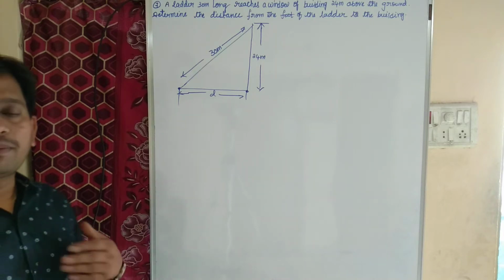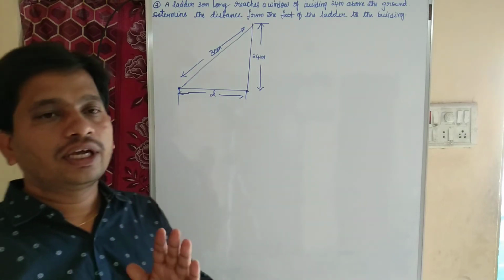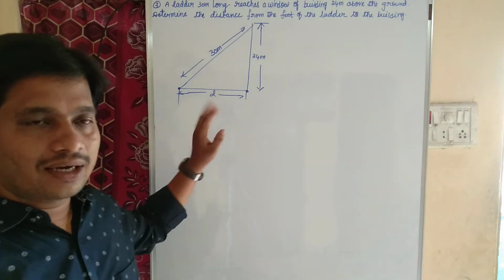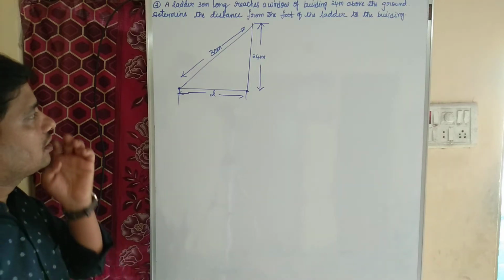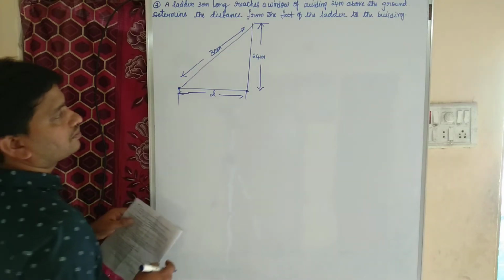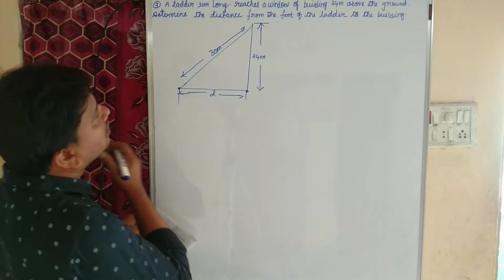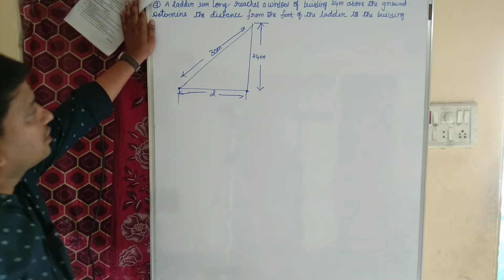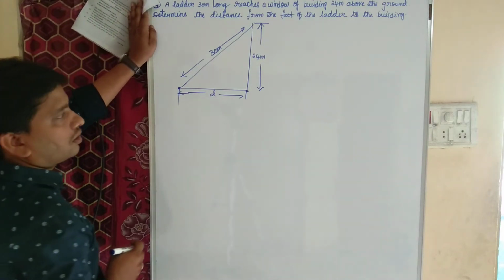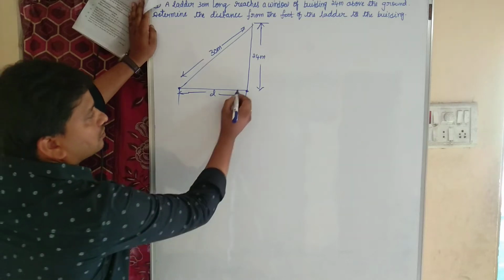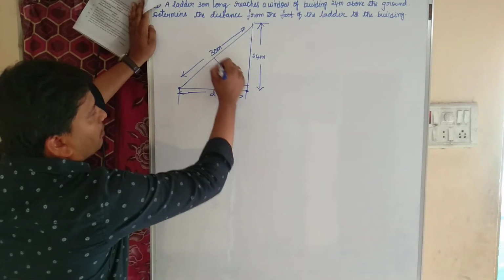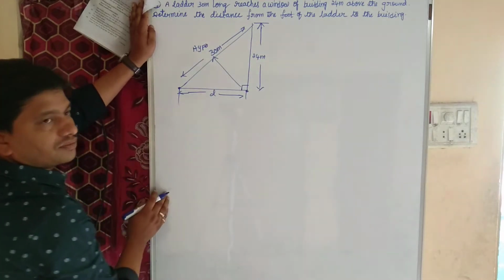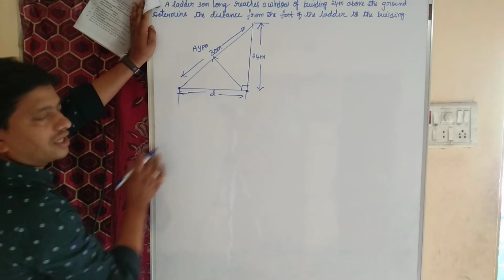Children, as per my opinion, applications of trigonometry give us a good score. We need to read the question carefully, draw the diagram, and apply the trigonometric function. So here, which function do I need to apply, children? Determine the distance from the foot of the building. Here we have the hypotenuse, the side opposite to the right angle. These are the other two sides: this is the adjacent side and this is the opposite side.